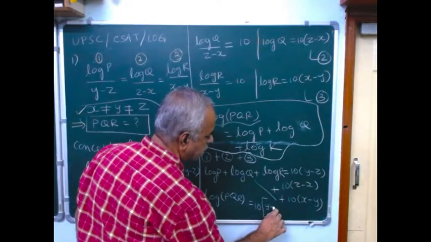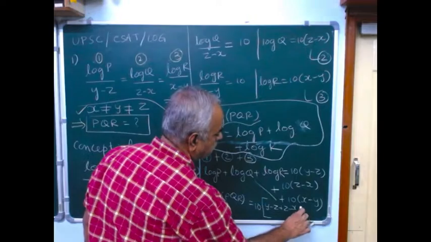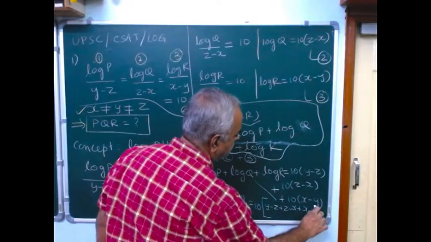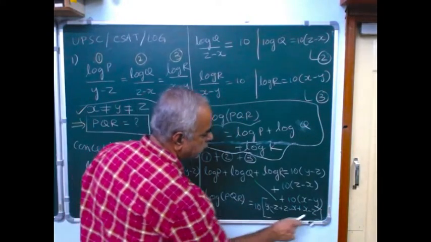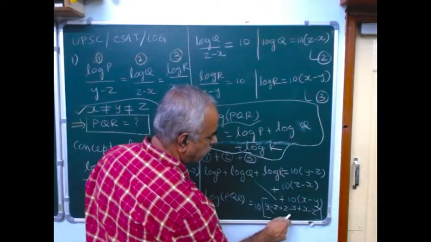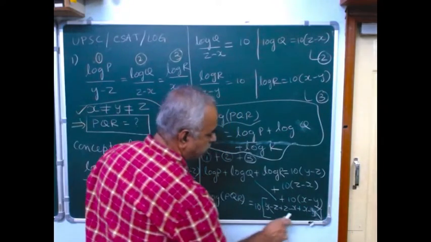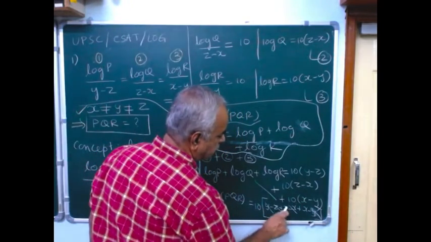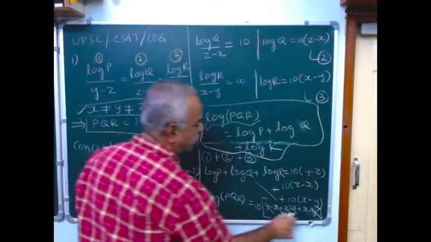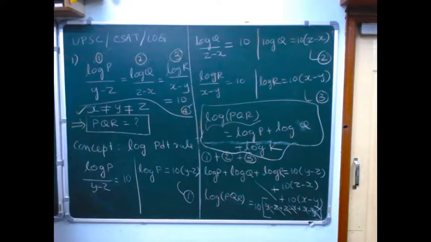So y minus z plus z minus x plus x minus y. When you add everything, y is cancelled, y plus y minus y, x minus y plus y, z minus z cancels, x cancels. So it becomes 0. So 10 into 0 means 0. Therefore, we are getting